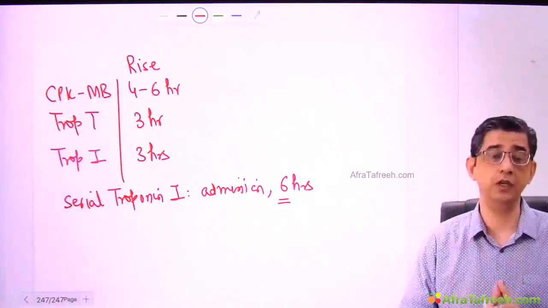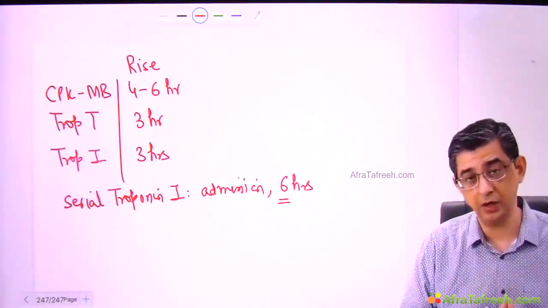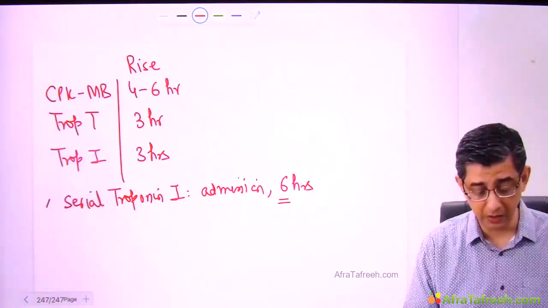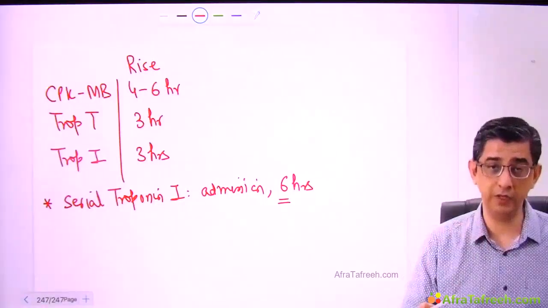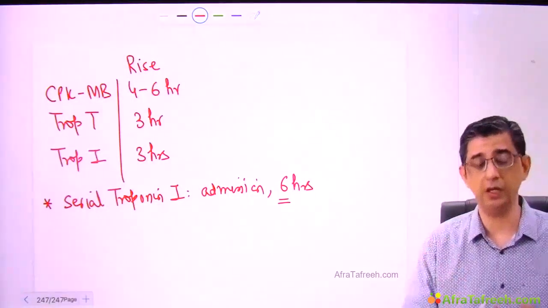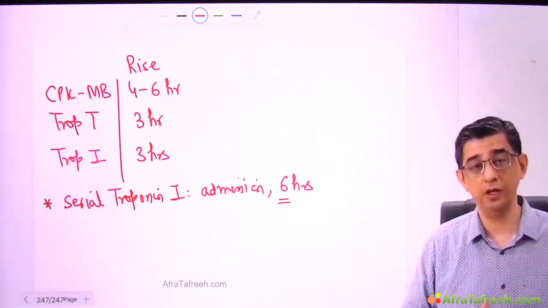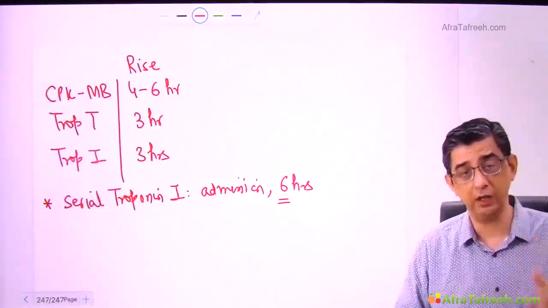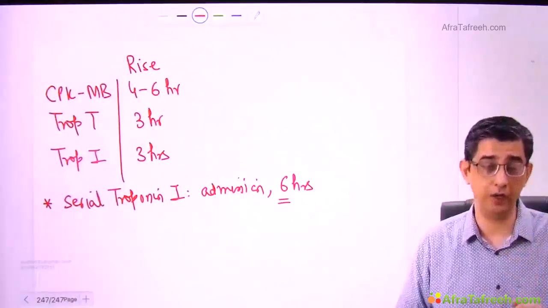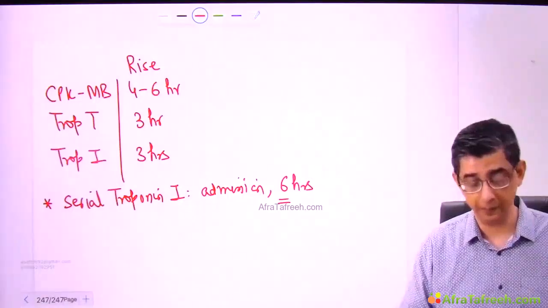The first test to be done for evaluation of any person is ECG. ECG has its own limitations that I'm going to tell you, but at the moment the message is that if a person came with chest pain at rest and the ECG is showing evidence, we are not going to wait. If somebody came within 1 hour, I'm not going to wait for the troponin I values to become grossly elevated before saying okay, it is MI. If ECG is showing findings, fine. That is why it is written in the textbook, ECG and/or biomarkers. If either of the two is positive, you can start the treatment of the patient.